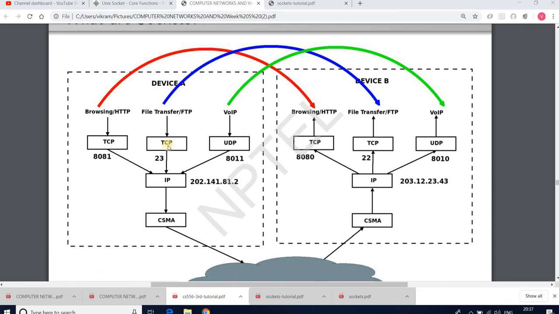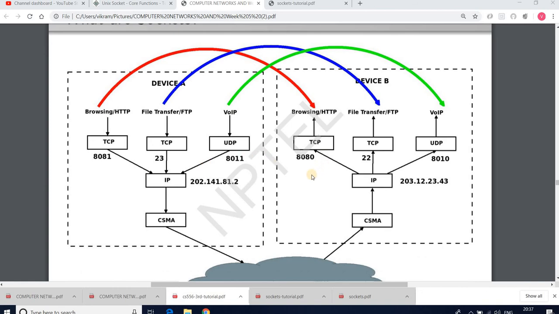Now sending data over the internet means sending data over these logical pipes. These logical pipes, which we call sockets, create this end-to-end connection in case of TCP, or end-to-end data transmission in case of UDP.